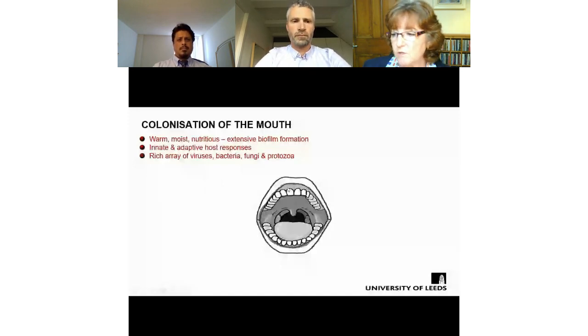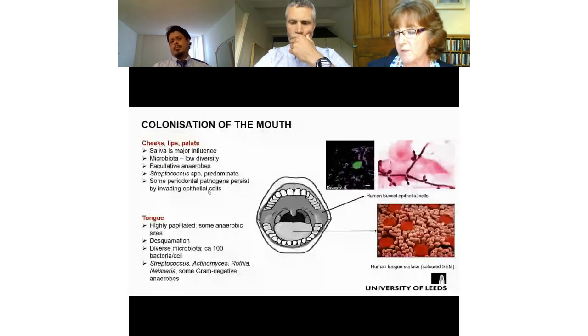And these abut onto mucosal surfaces at these gingival margins. So that's very unusual, and that provides an increased array of habitats that microorganisms can colonize. So if you look at the mucosal surfaces,